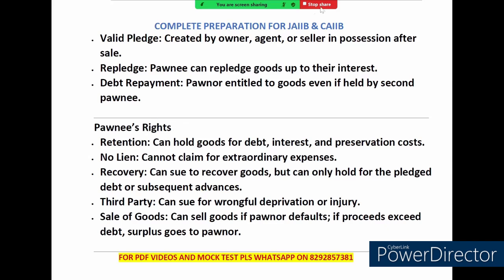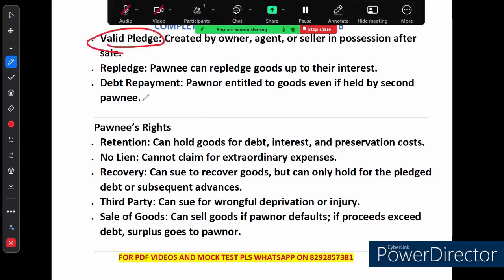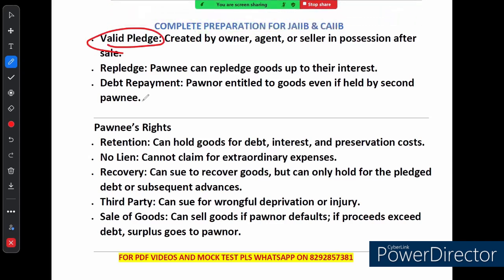Now, what are the rights of the pawnee? So obviously, in the case of pledge, there are the words pawner and pawnee. So the pawnee can pledge the goods up to their interest. The pawner is entitled to the goods even if they are held by a second pawnee. Now, if we talk about the pawnee's rights,